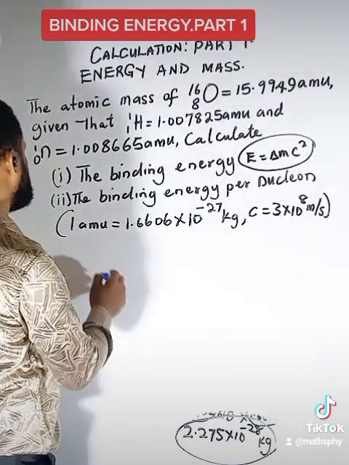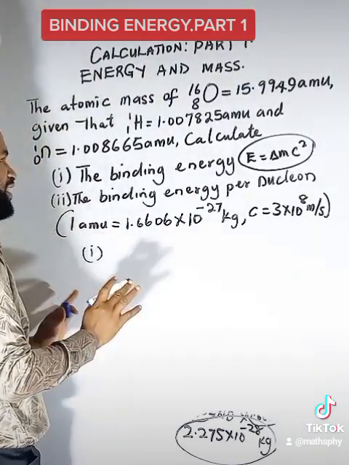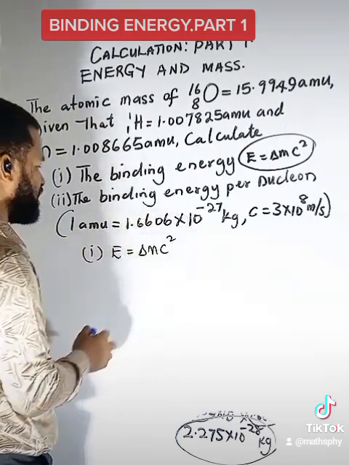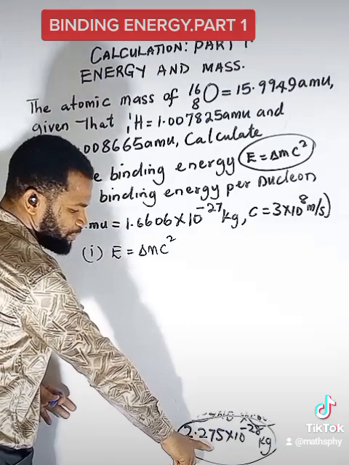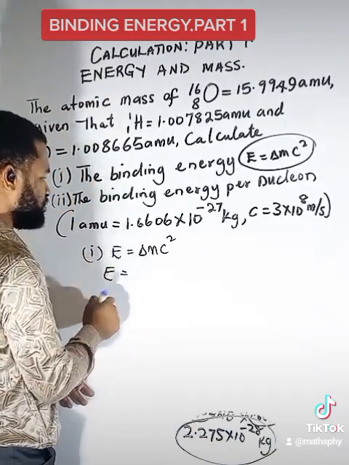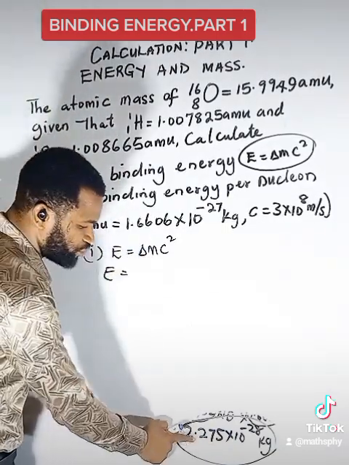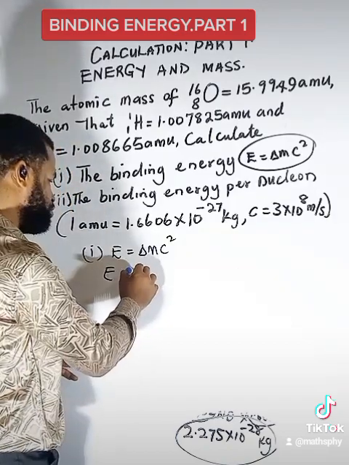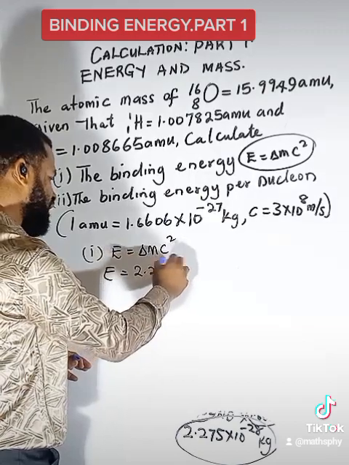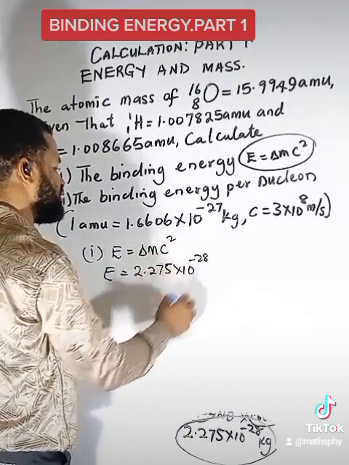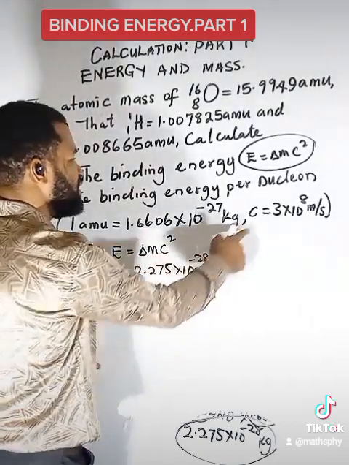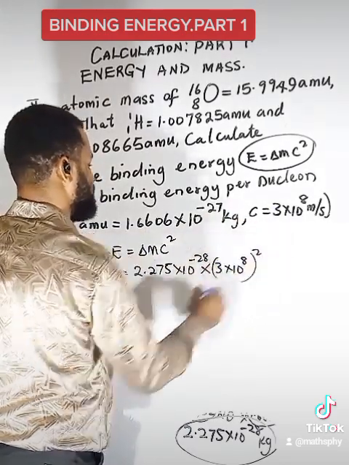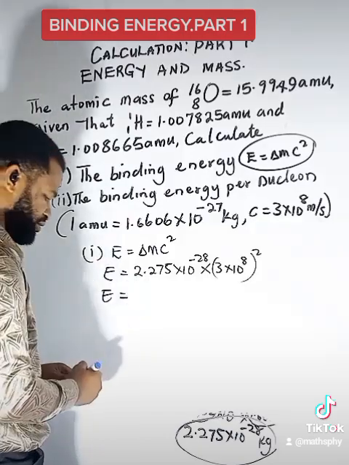Okay, now to solve number 1, this is where I start. Binding energy is given as mass defect times c squared. We have already found our mass defect, so in place of mass defect, I'm going to put 2.275 times 10 raised to the power minus 28 kilogram. Then times c squared, where c is 3 times 10 raised to the power 8, all squared. So E is going to be